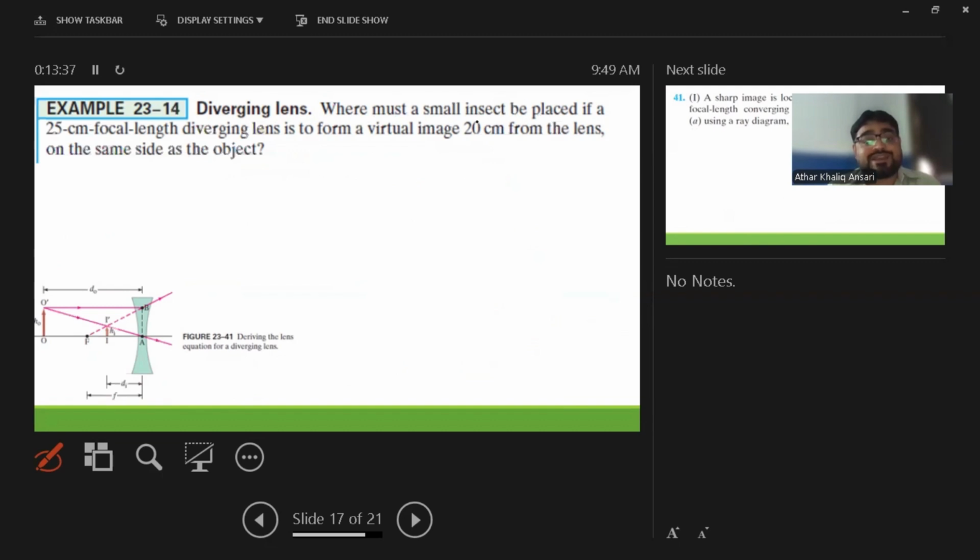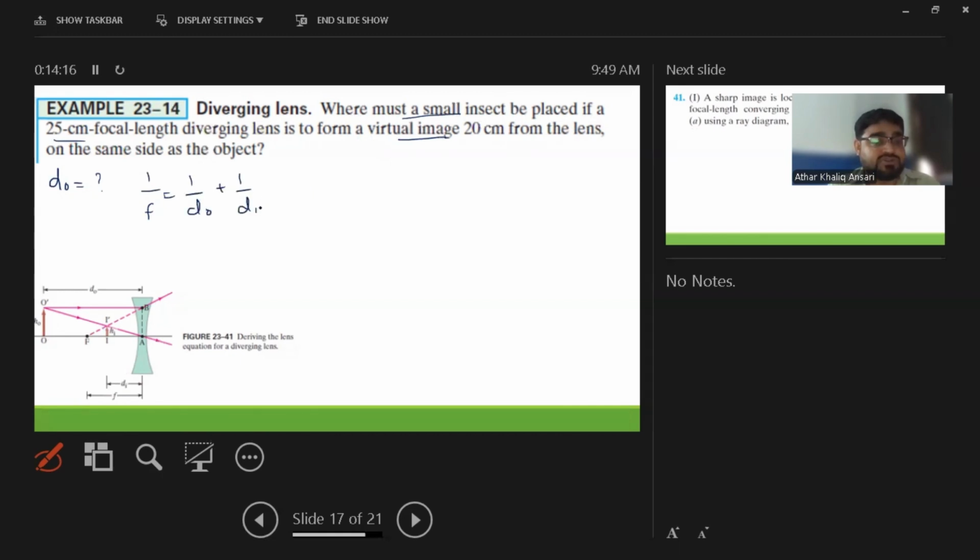Where must the insect be placed? They want us to find DO, the distance of the object. Where must the insect be placed? That is 25 centimeter focal length. It is a virtual image, because it is on the same side. So it will be a virtual image, and automatically the image distance will be negative because it's on the same side. So I'm going to find DO. They are not asking for the magnification, but only DO. So I'm using 1 over F